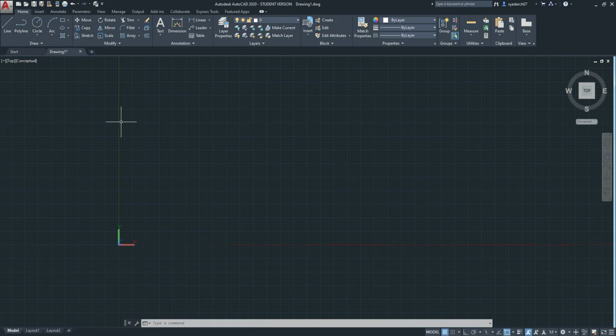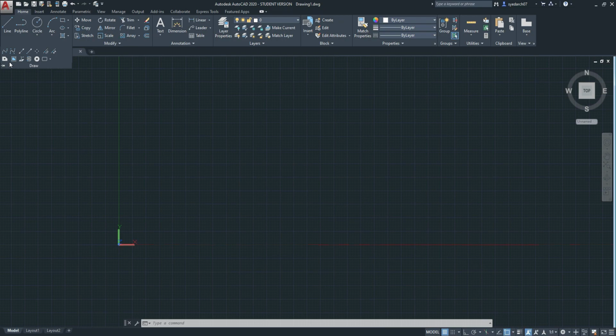In my previous videos I showed you all the draw tools which will be used while working on 2D drawings. Now we have a few more tools left under this arrow which we will be using in 3D modeling. So the first tool here we have is Region. If you are familiar with software like SketchUp, there you have something known as surface. In a similar way, in AutoCAD we have Region.